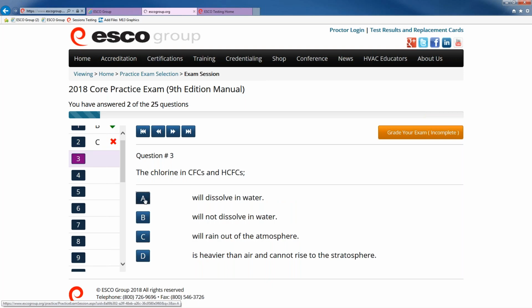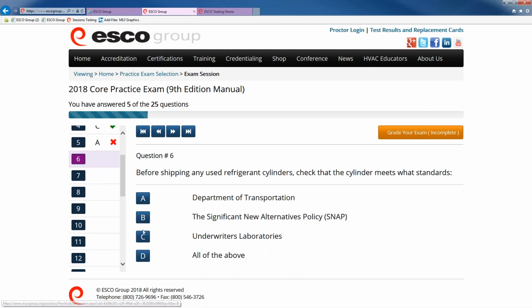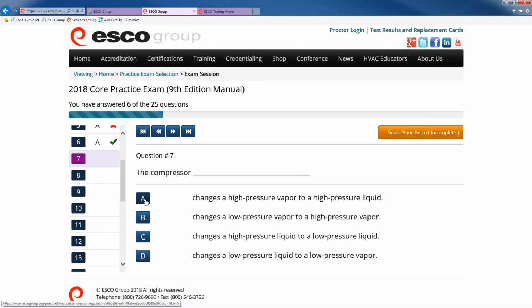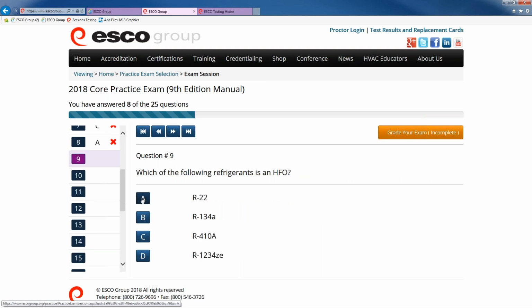And as you can see, as I'm answering questions, I'm either getting a green check mark or a red box here, and that's telling me if it's right or wrong. Of course, that doesn't happen when they're taking the test for real, but for the practice questions, we do provide that information, so giving people more feedback on what they need to go back and study.